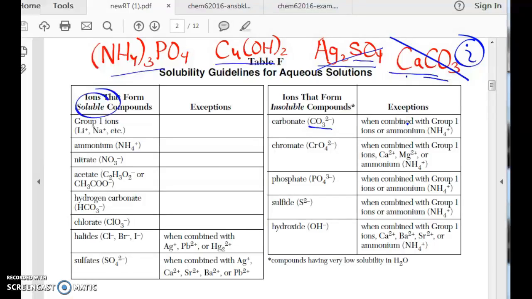Cu(OH)2, is there a rule for OH? There is. OH is on the insoluble side. Is copper an exception to this rule? No, can't be that one. Well, by elimination, it has to be an